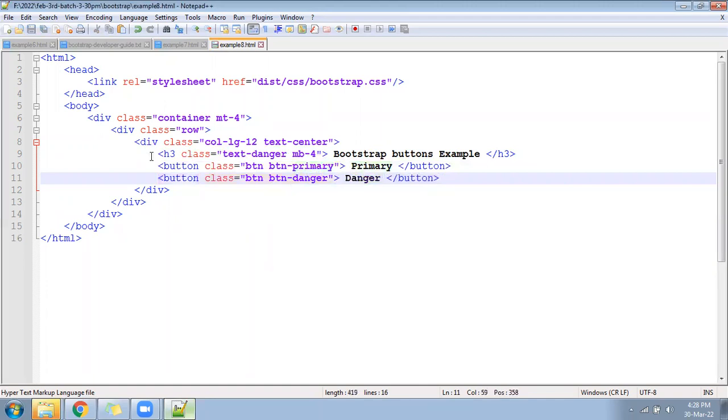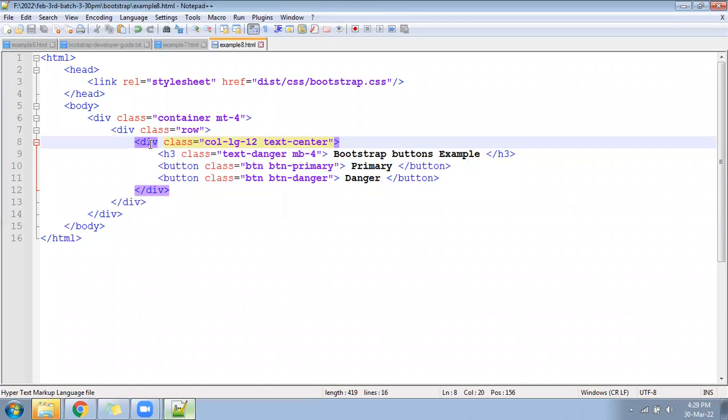It will come in red color. Check now how it is looking.